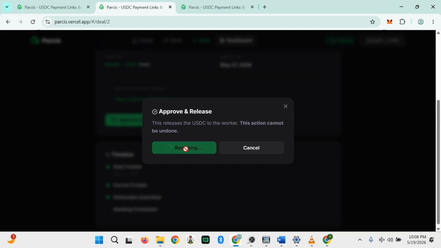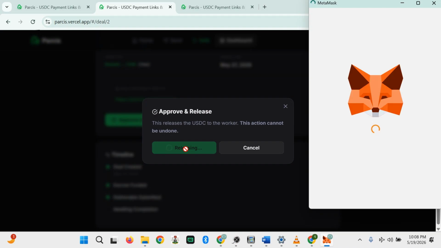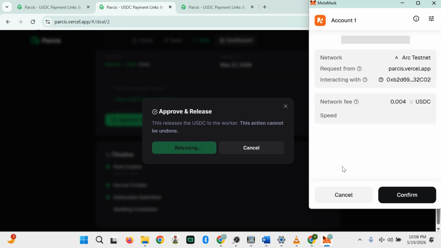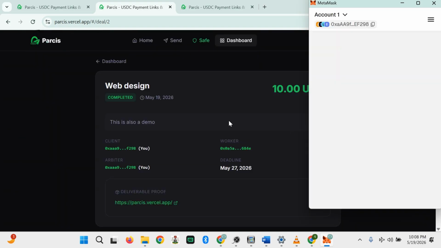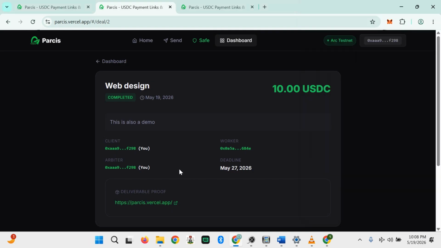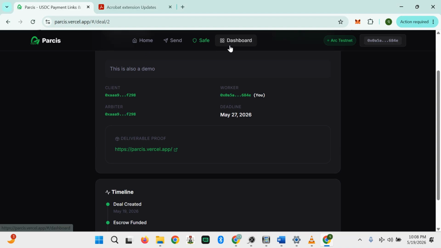If I approve it and confirm the release of USDC, the transaction has been successfully done. First we created the escrow, then we funded it on chain, moving USDC from our wallet to a smart contract, and right now we released the 10 USDC to the worker.